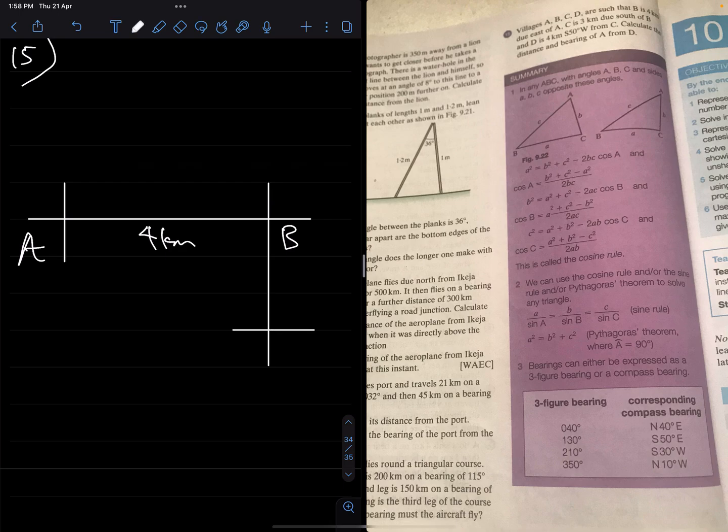I'm trying to make sure that 3 kilometers is not the same length as 4 kilometers, because that can make your work a bit confusing. Yeah, C is 3 kilometers due south of B,